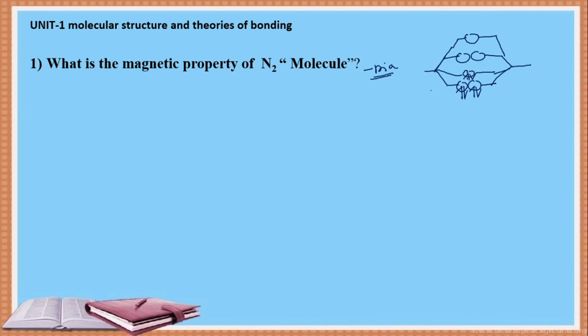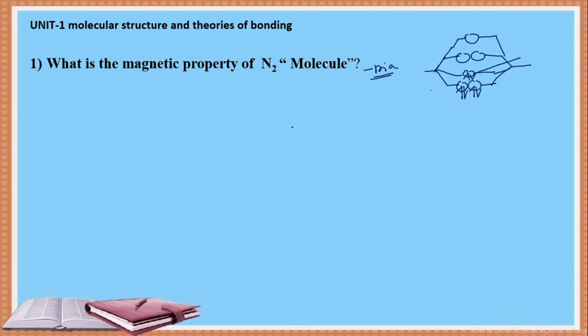So that's why, if the electrons are paired up, it generally shows diamagnetic property. If electrons are unpaired in this level, please focus on the outer electron shell, that is the very outer orbital shell. If the outer orbital shell is completely filled, then it is diamagnetic. If it is unpaired, then it shows paramagnetic.